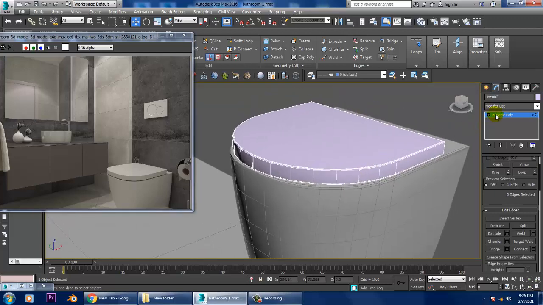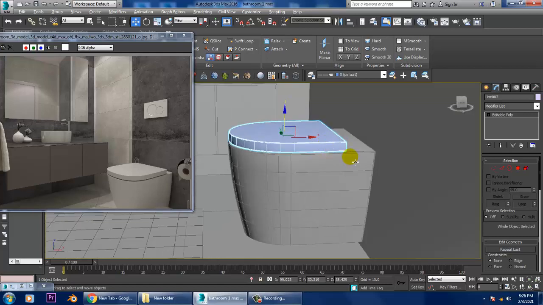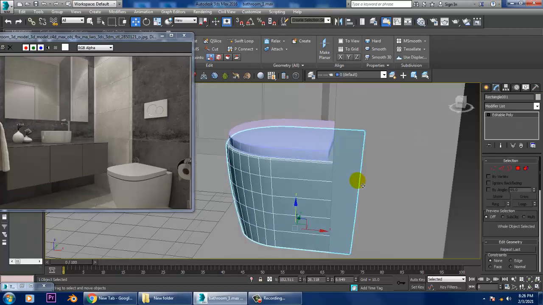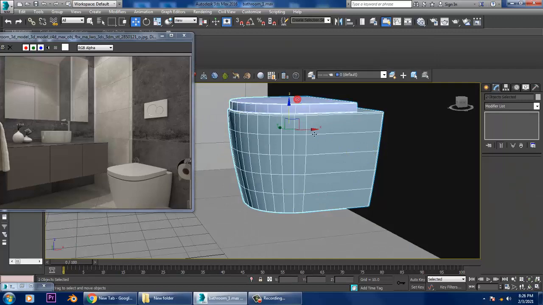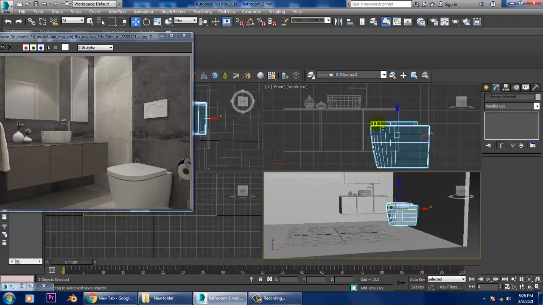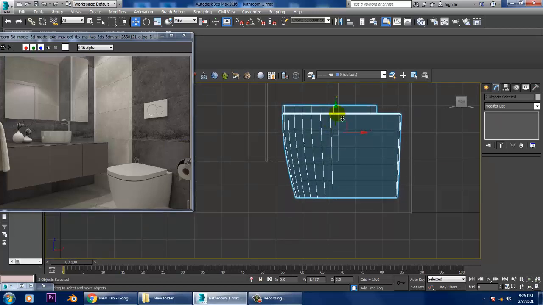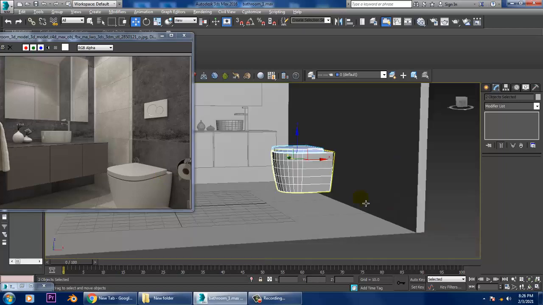So let's assign this in the right way. So we can just drag it towards that area. You can slightly push it down over here